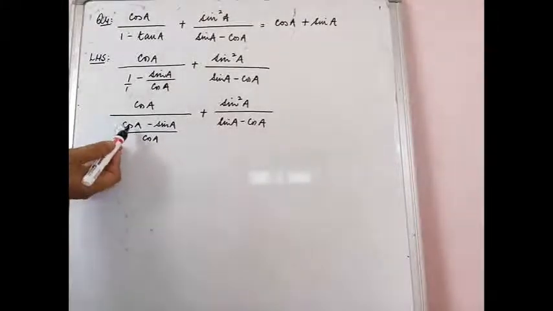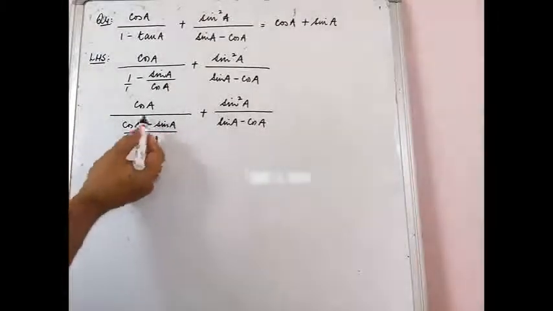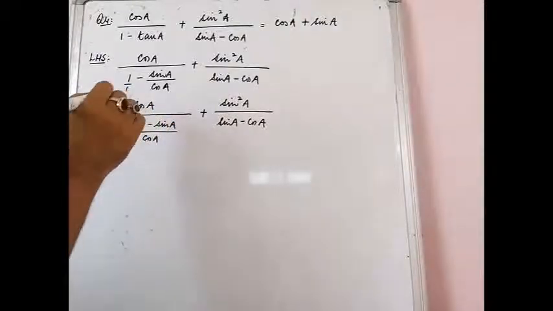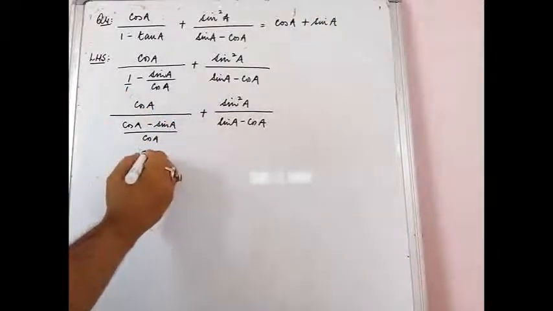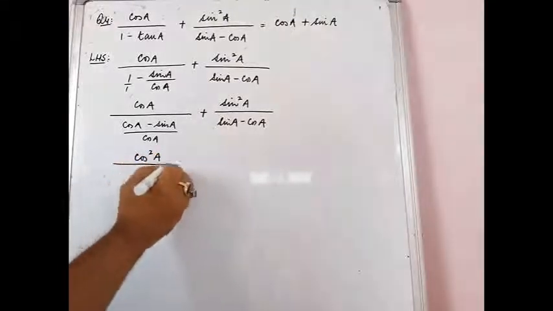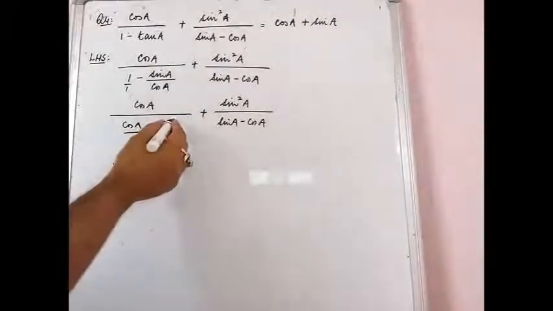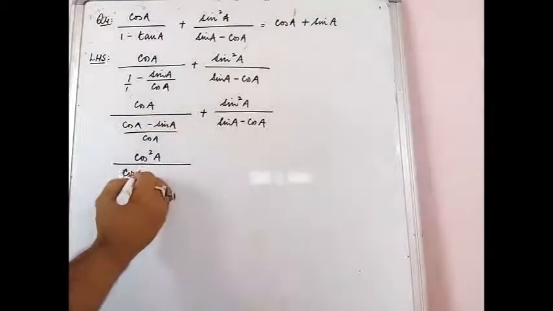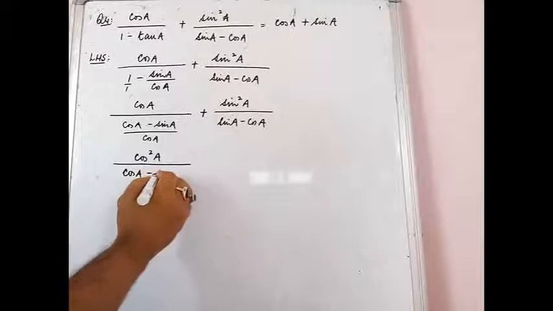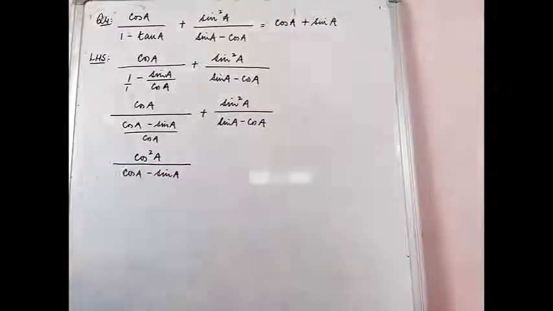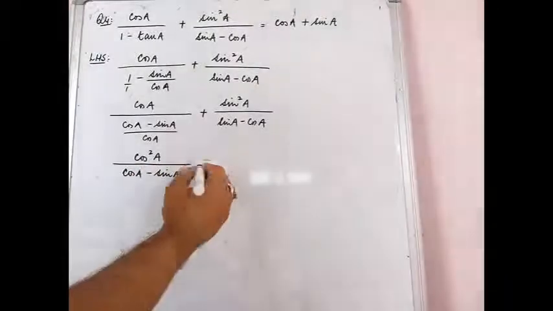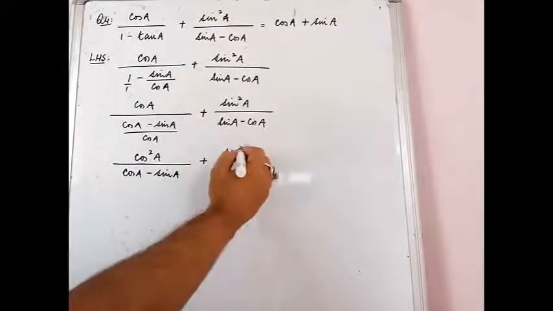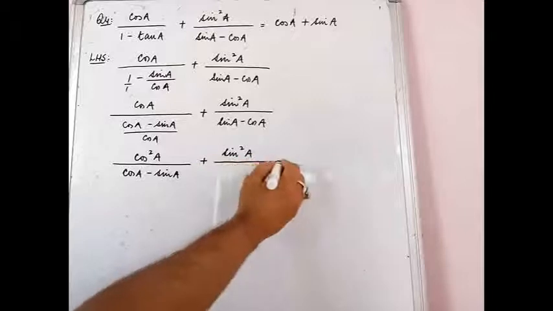Because this is in the denominator of the denominator, this entire thing, so this cos A goes above. There is already a cos A present, so you will have cos square A in the numerator, and you will be left with only this portion, which is cos A minus sin A in the denominator, plus sin square A upon,